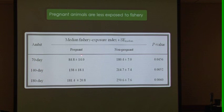And in each of the cases, the pregnant animals had much lower fishery exposure indices than the non-pregnant ones. So this is a statistically easier way of asking the same question: in areas of high fishing, do we see a lower pregnancy rate? So this was basically the same result you would expect if fishing was having a detrimental effect, and it's quite